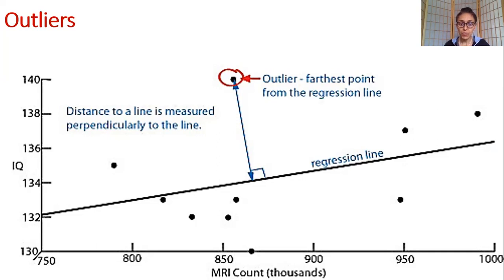For instance, say this is IQ versus MRI counts. You may find that accidentally, for the IQ, instead of typing say 114, you have typed 140, and you're like, oh, hang on, this is a super genius. And then you find out that when you were doing data entry, you accidentally typed 140 rather than 104 or 114 or something like that. So that's why it is very important to investigate outliers.